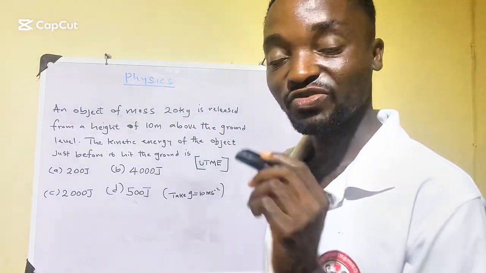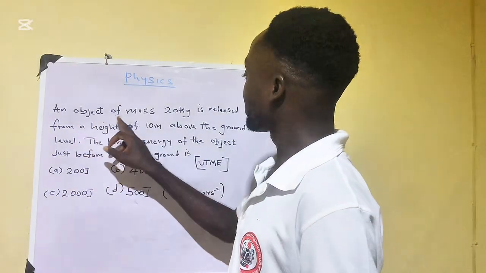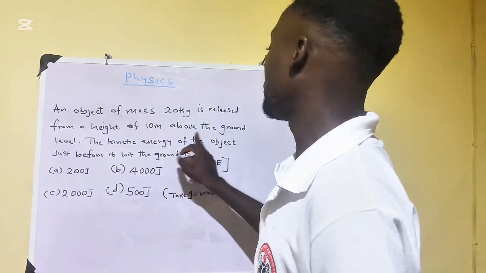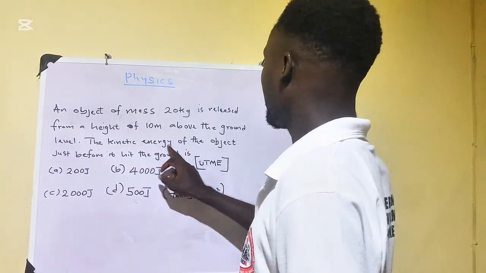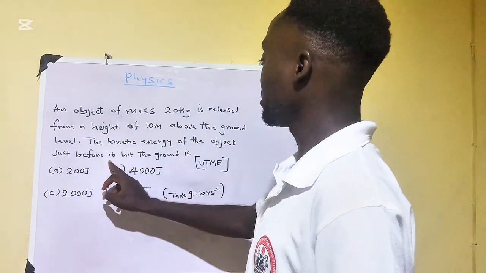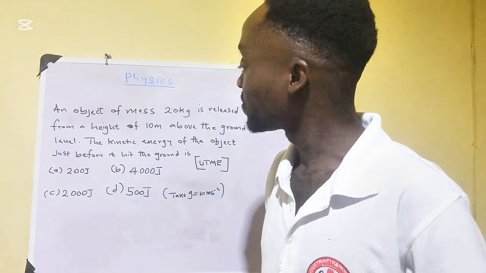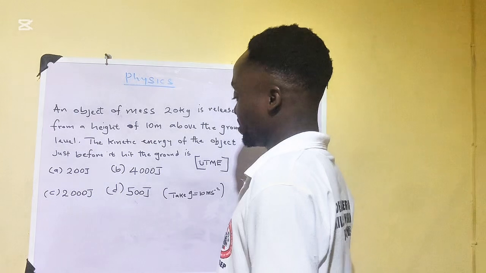So we have another interesting question here to solve. An object of mass 20 kg is released from a height of 10 meters above the ground level. The kinetic energy of the object just before it hit the ground is... Now, how do you solve a question of this nature? Firstly, you know that kinetic energy,